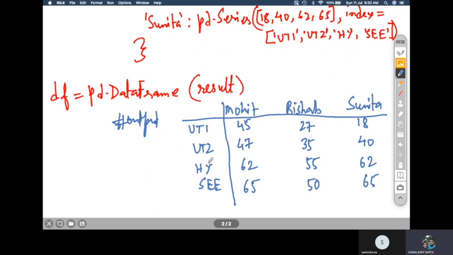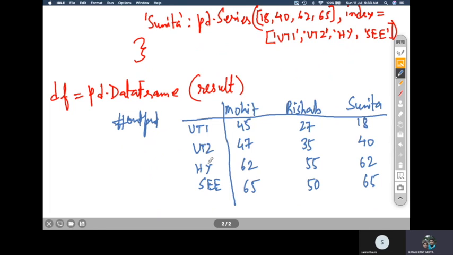So now let us see what the columns of each of them are. Each column, here in this table, the data frame, is made up of a particular series, right?